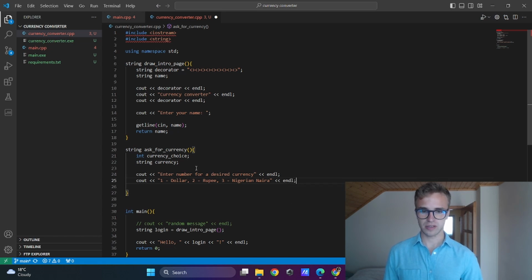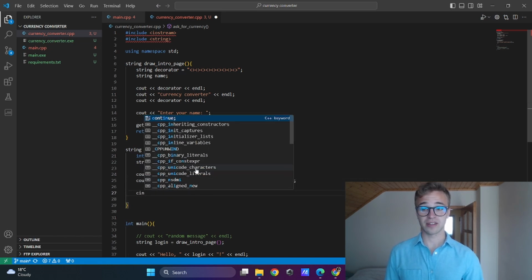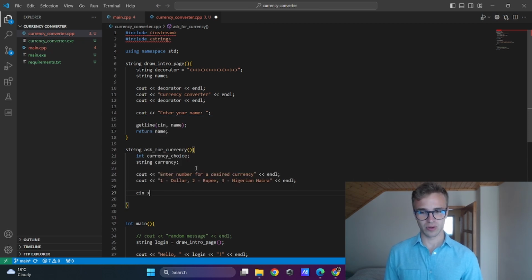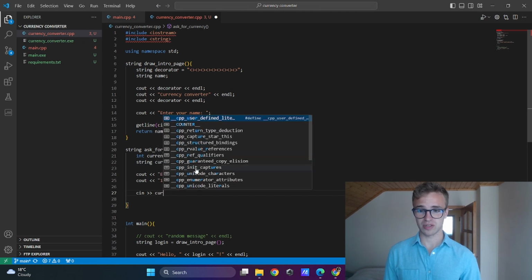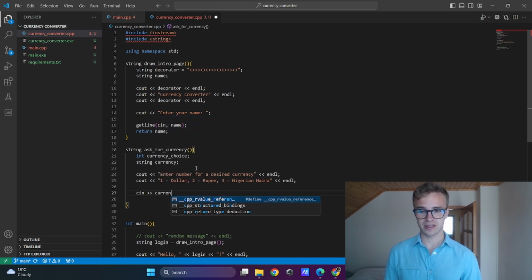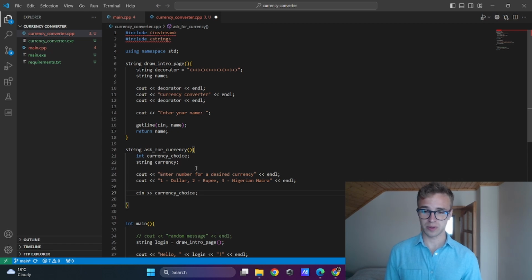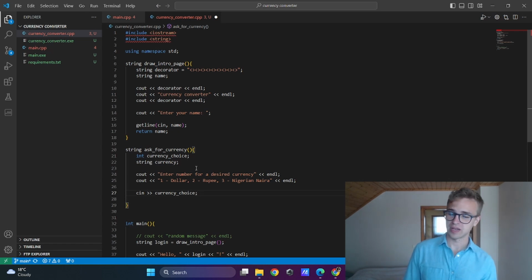End of the line. We'll take the input, this time with the cin object, with the opposite arrows, and it will be stored in our predefined currency underscore choice variable, which is an integer.